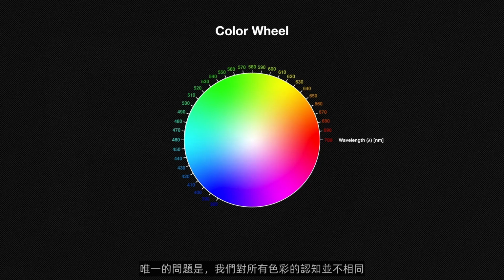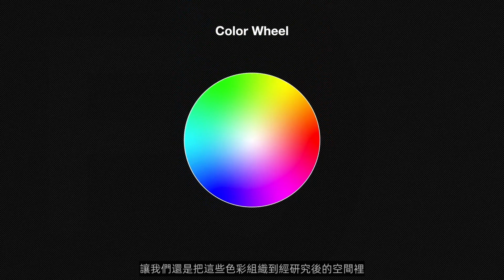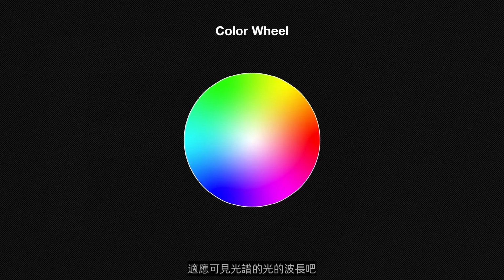The only problem is that we don't perceive all colors the same. We are more sensitive to certain wavelengths than others, and that directly affects the luminance of each color. So instead of using the color wheel, which is a theoretical and mathematical representation of chromaticity with an equal distribution of hue and saturation of the RGB model, let's organize these colors in a space that has been studied to accommodate the wavelengths of light from the visible spectrum, keeping in consideration the perception of the amount of colors and